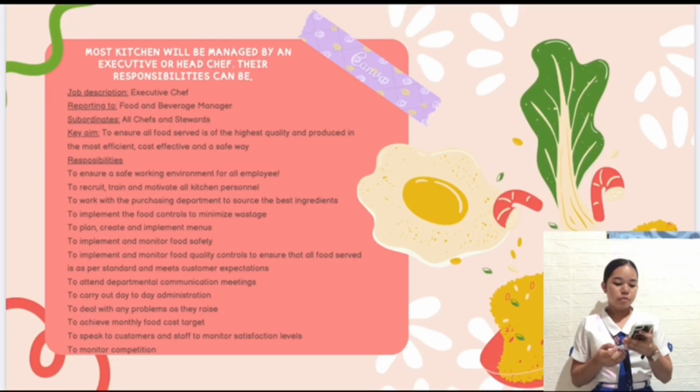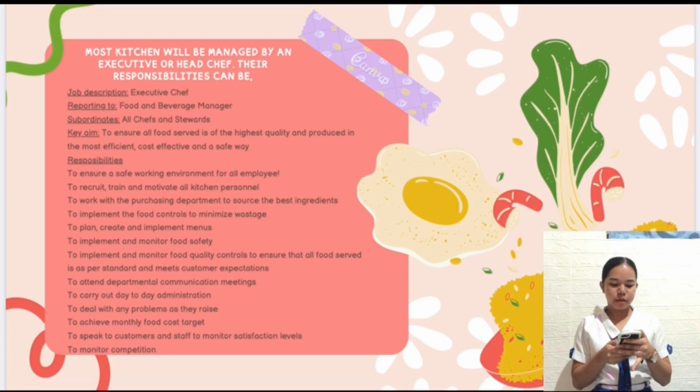Moving on, most kitchens will be managed by an executive or head chef. Their responsibilities can be seen in figure 2.2, the executive chef job description. In the job description of the executive chef, the reporting to is the food and beverage manager. The subordinates are all chefs and stewards. The key aim is to ensure all food served is of the highest quality and produced in the most efficient, cost-effective, and safe way. So the responsibilities are,